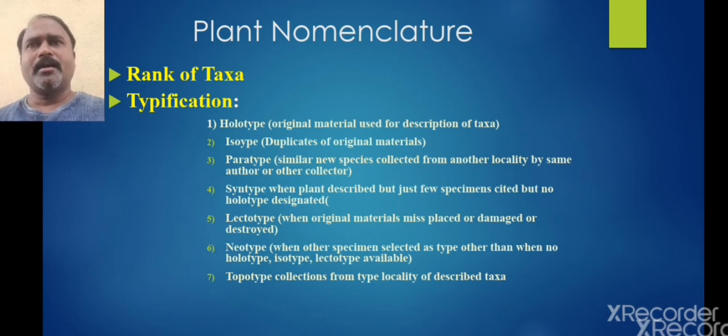So in a revisionary study, it is problematic whether it is a holotype or an isotype. So every author should take care about designating which is the holotype and which is the isotype. If it is not written in a perfect form or without designation, it is treated as a syntype. So there are various publications nowadays